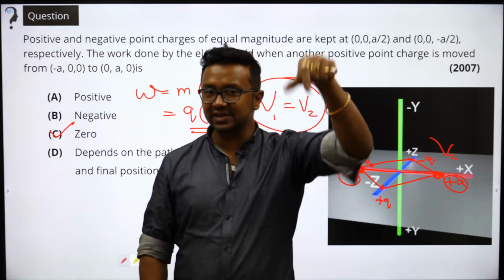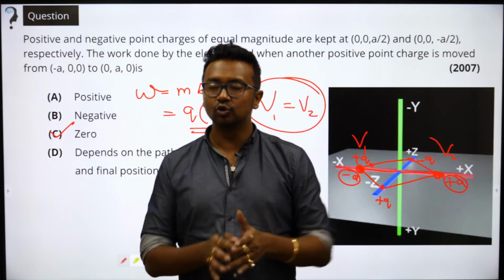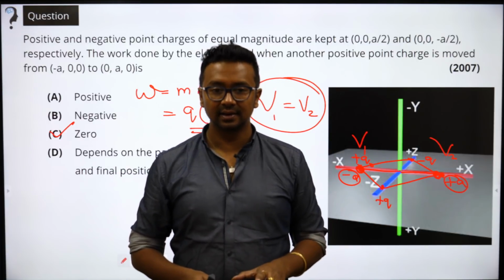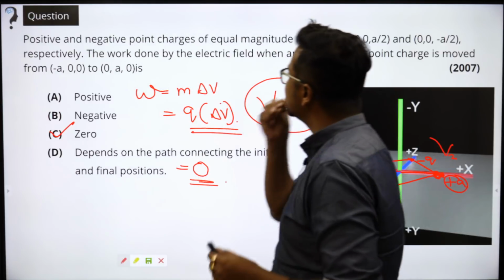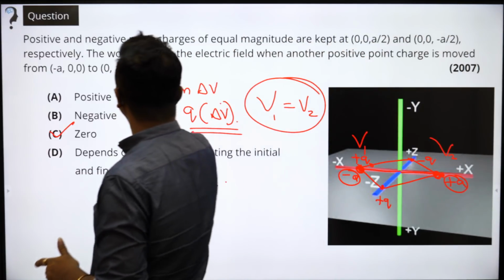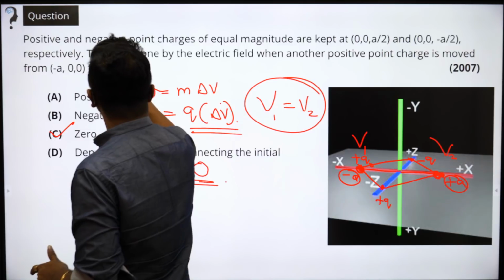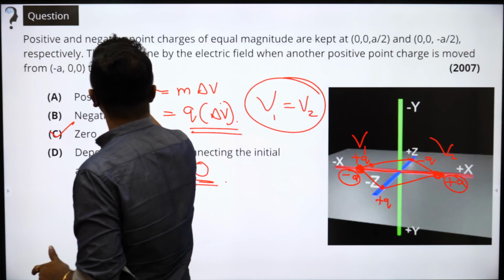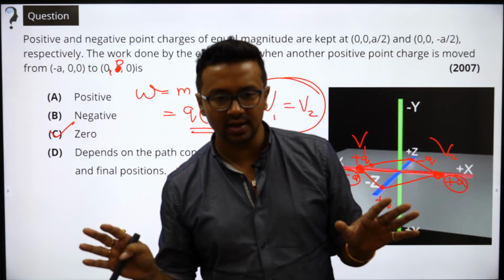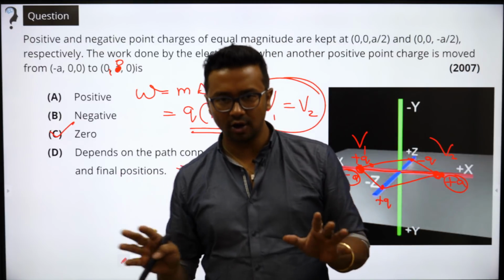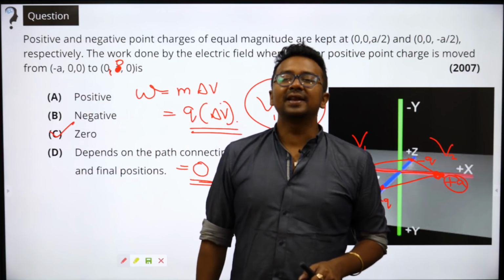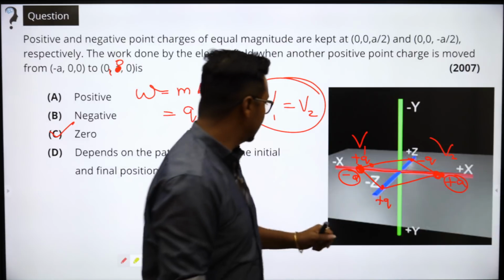The point to be stressed here was to use analogy. Second, if you can make such diagrams in 3D, nothing like that. So isn't the charge on the y axis? Let me see. Oh, sorry, this is a printing mistake here. It should be comma 0 comma 0. Sincere apologies for that. Thank you for pointing it out, Raja. This was actually supposed to be from minus a to plus a. Fine guys, let's go ahead to the next question.